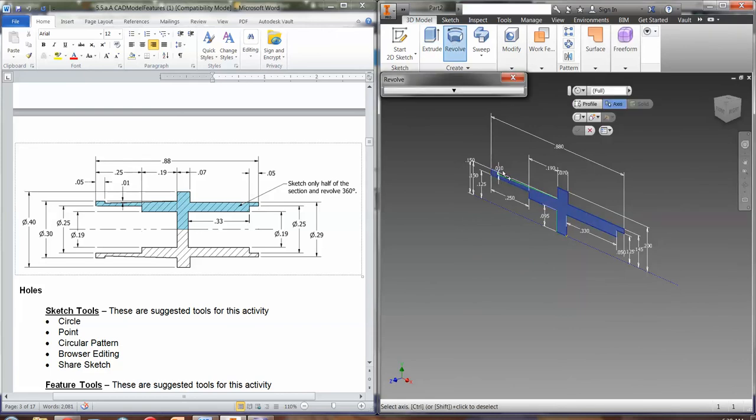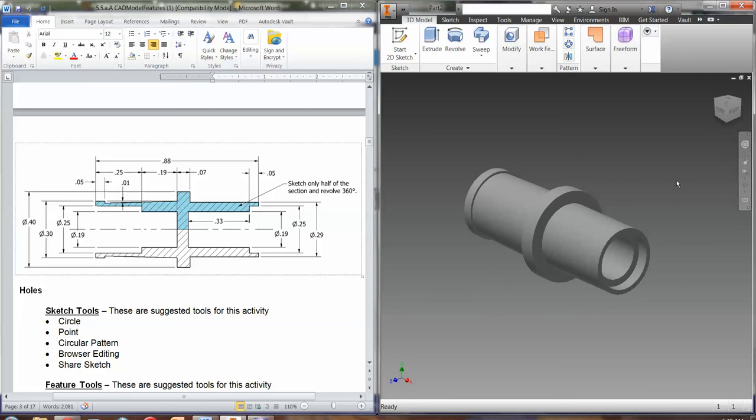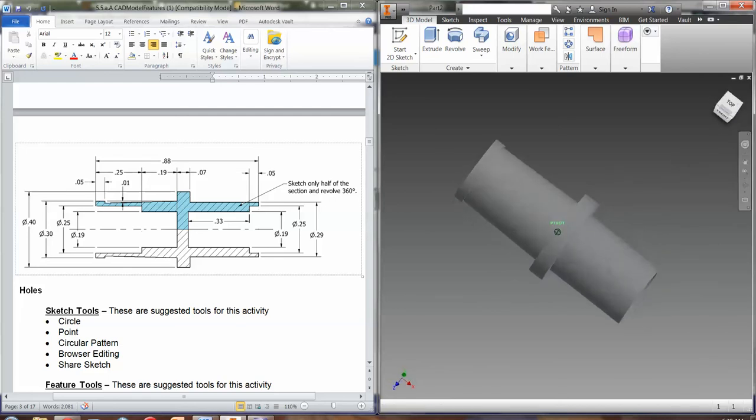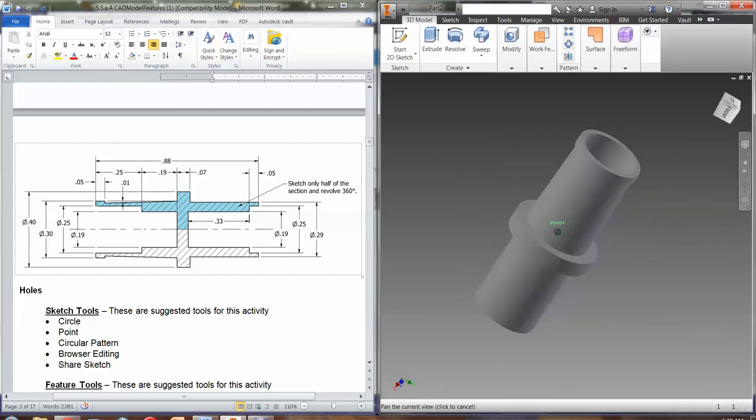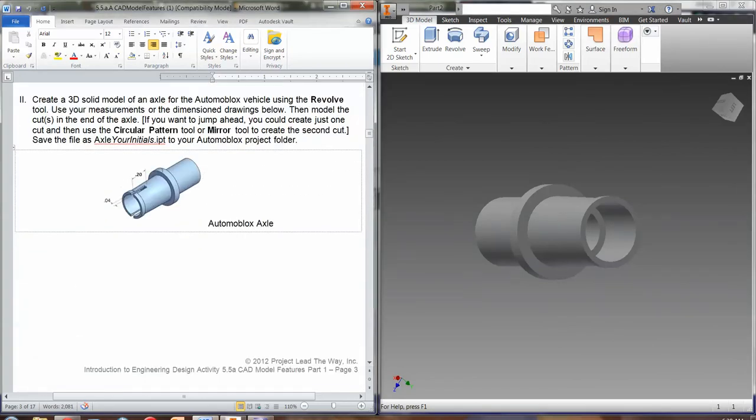Revolve. It's already selected our profile, so all we need is an axis. In this case it is that construction line again. We want a full rotation, and that gives us the shape that we're looking for there. Now we're almost done. We have a little bit left. Remembering back from the beginning, there is this slot that we need to put in of 0.20 distance and